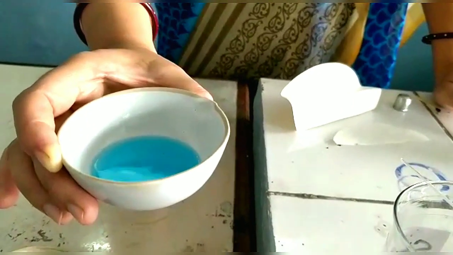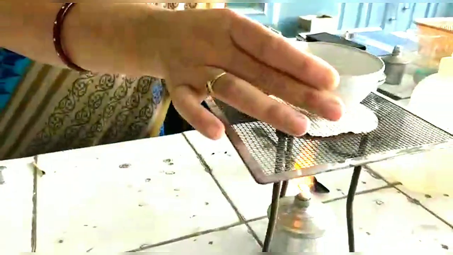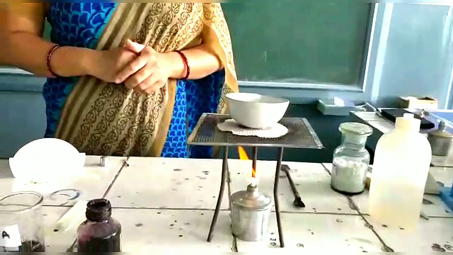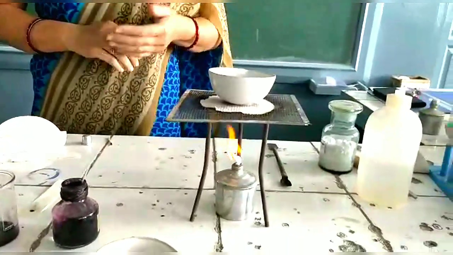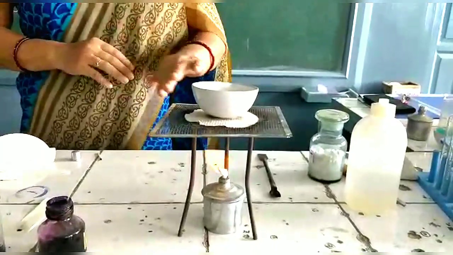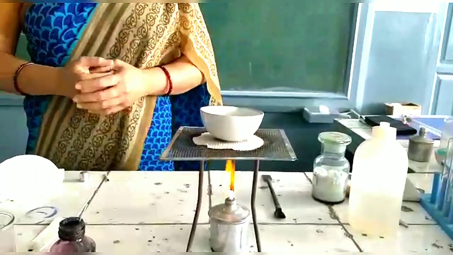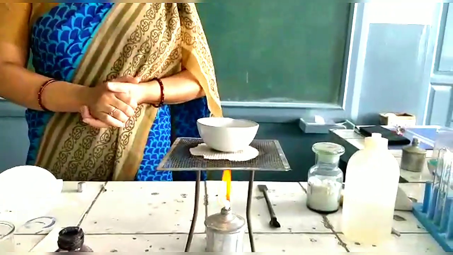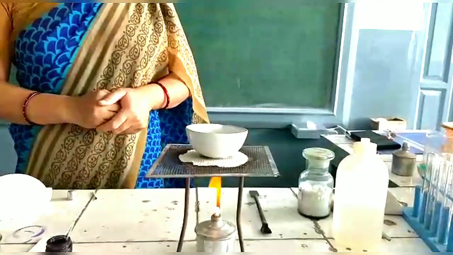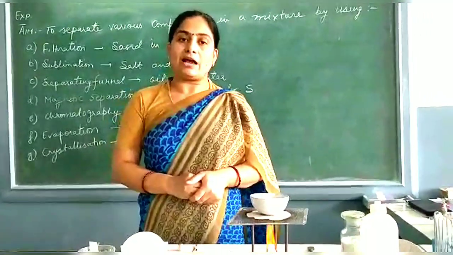Now this filtrate I'll take and heat on the burner and allow it to heat for some time, so that evaporation takes place, and the solution becomes thick and concentrated. Once it becomes thick and concentrated, we'll close this burner, remove this solution and place it on a cool surface or a beaker containing water filled up to the brim, so that the cooling starts, and after some time, around 3 to 4 hours, we find that the crystals have formed.